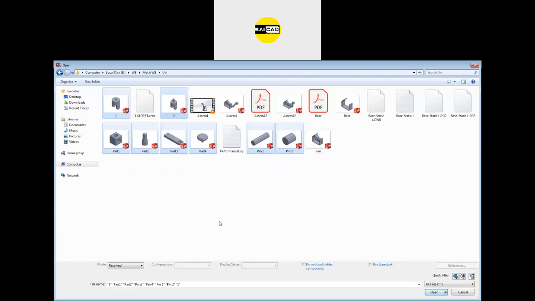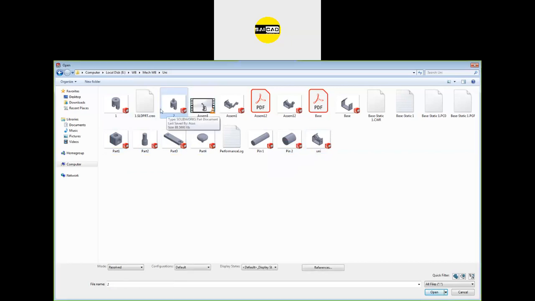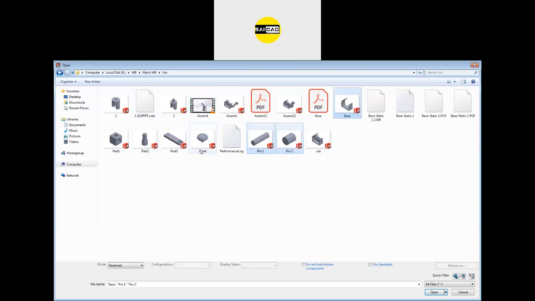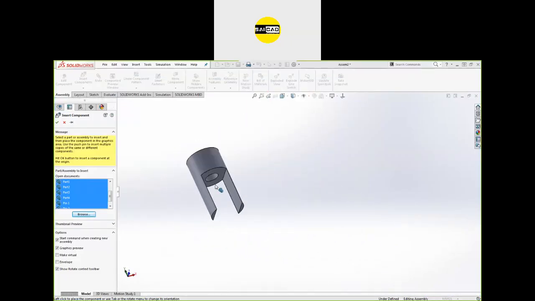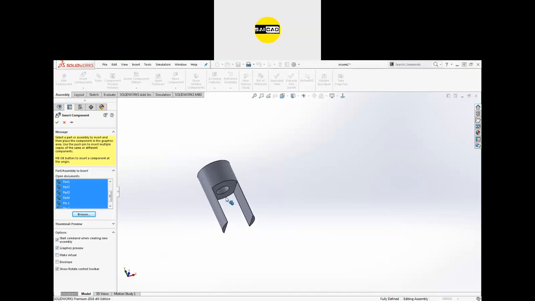Okay, so the part you select first will be inserted first. I want to make this part the base, the first object. So I have selected this part first, and after that I'm going to select these parts like that. Go to Open. Now you can see, okay, I have made changes here previously, so I have to